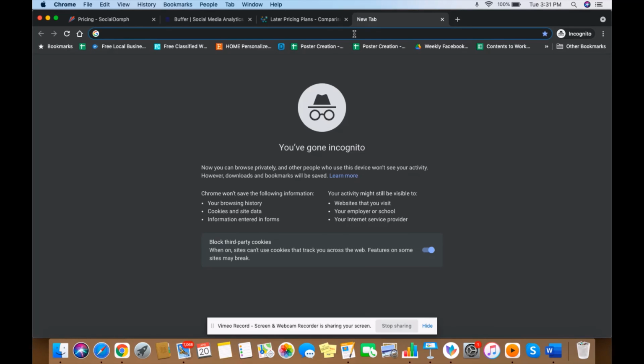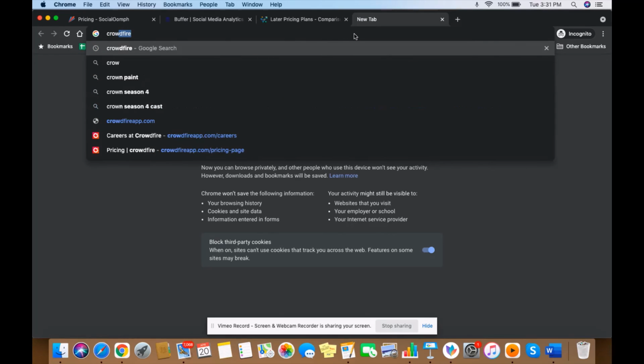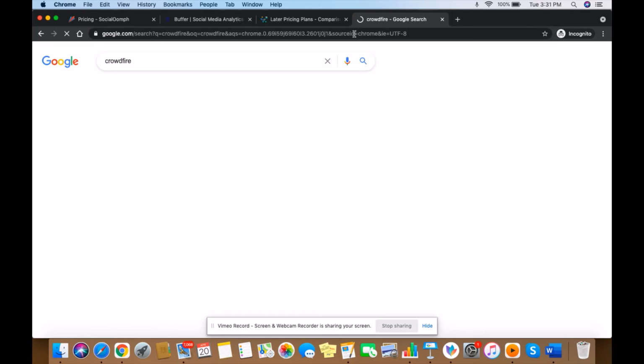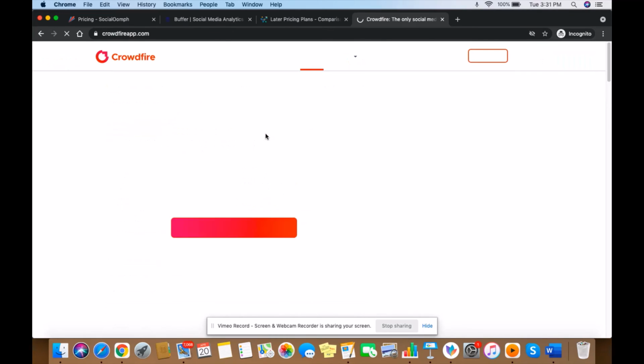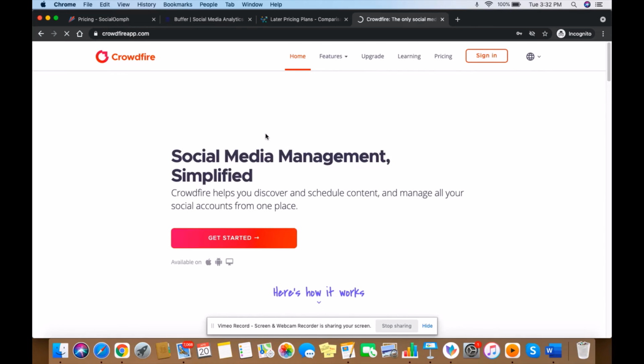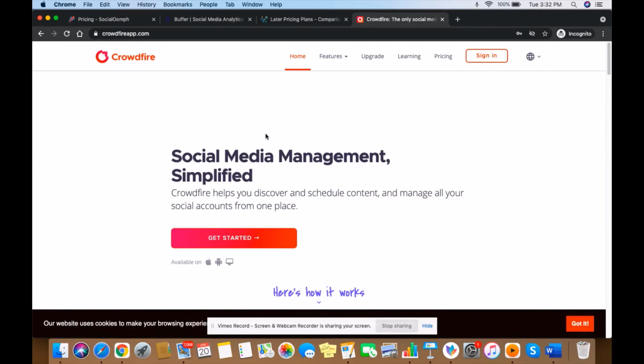The next platform would be Crowdfire. This is also a very cool social media management tool, where you can schedule content and manage all your social accounts from one place. I use the mobile app, which is really cool.